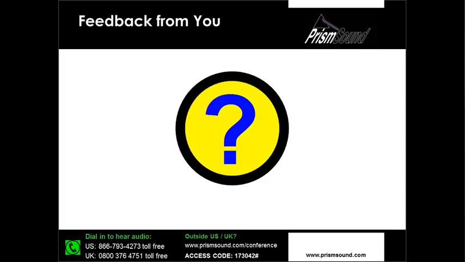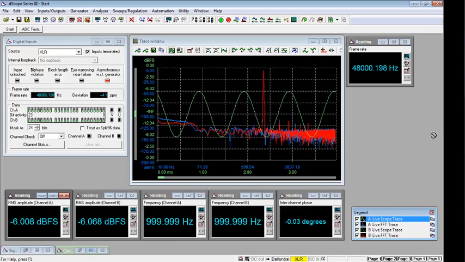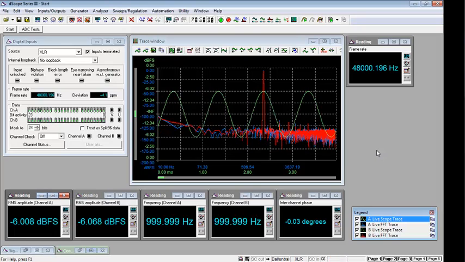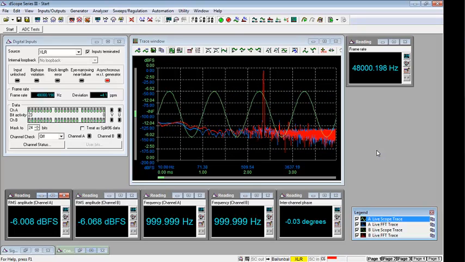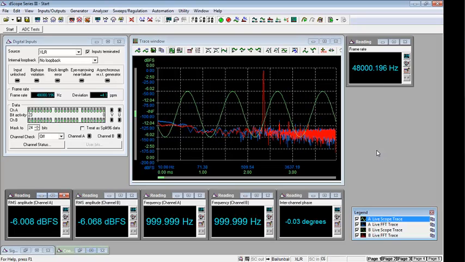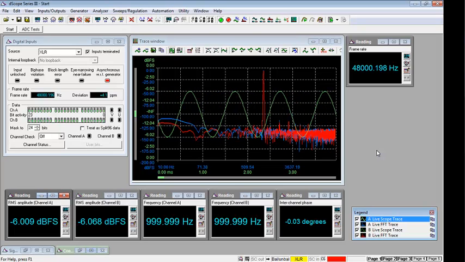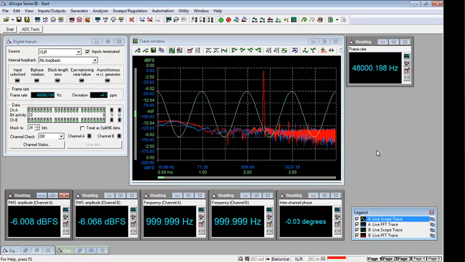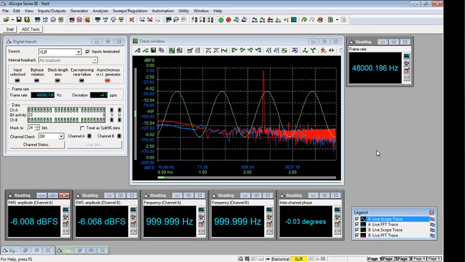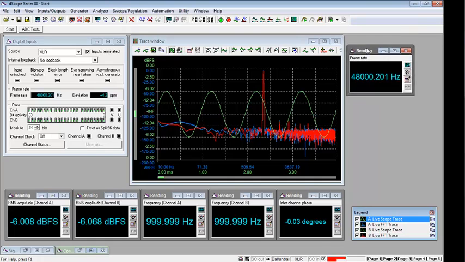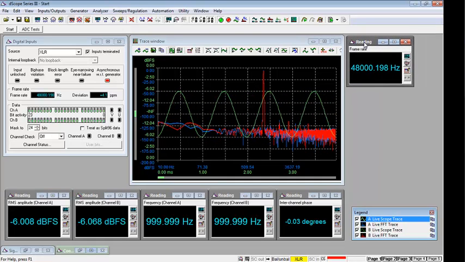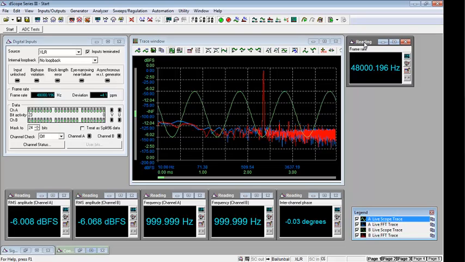So before we get stuck into the agenda and before I start taking you through some of the background theory that I want to talk through, I'd like to just ask you, the audience, a question. In order to do that, I'm going to jump straight into an audio measurement here. I have an analog to digital converter hooked up to my measurement system. We're looking at the software that allows us to control the measurement system's generator functions and to display the analysis results. And right now you can see that I have a digital signal with a frame rate of 48 kilohertz,